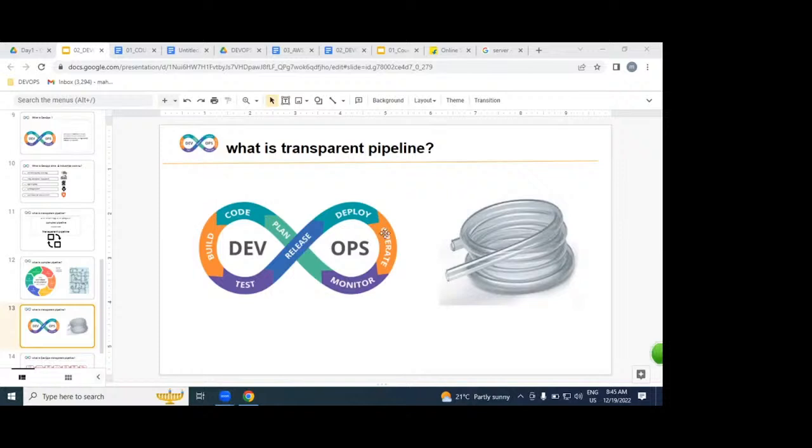What exactly are we going to be doing, guys, please? We are going to be replacing a complex pipeline with a transparent pipeline. Why are we calling DevOps a transparent pipeline? Because it is transparent and automatic. If you get any issue or problem in the middle, we can easily identify it and easily resolve it. But how does the actual DevOps process look?